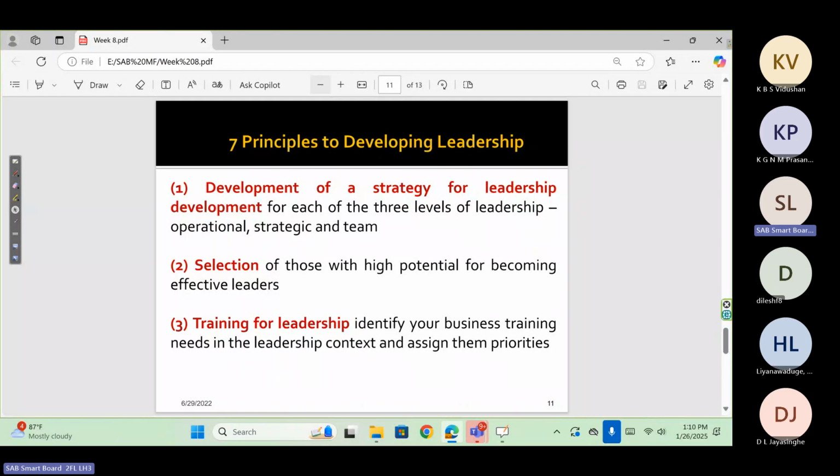Now we are talking about the principles of leadership development in the organization. Leadership development should be considered by managers as a strong need for that organization. In all three levels it should be allowed to develop, not only at the top level, though that is the starting point, but at other levels also. Otherwise, in future, the organization would face a leadership development problem, whenever the current leaders retire.